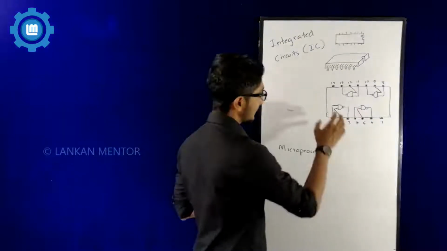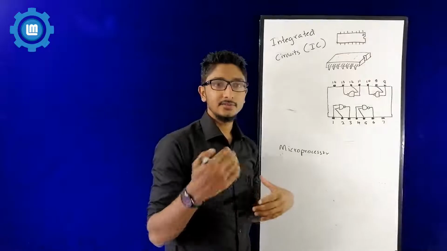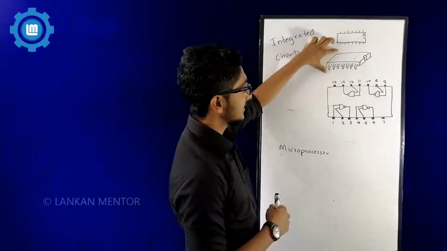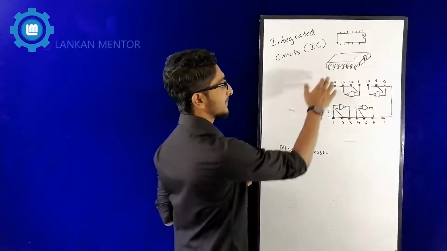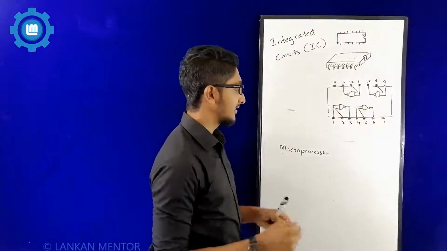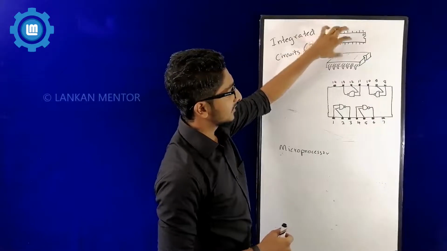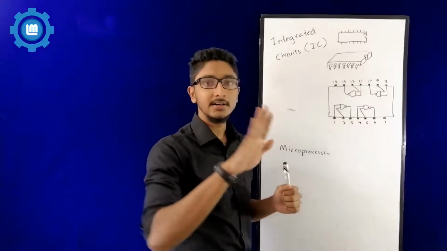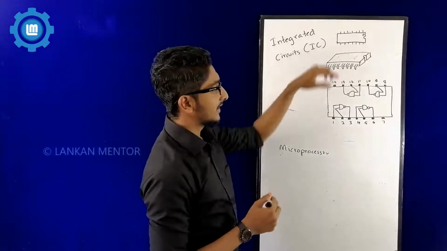So now this is the outer appearance. I have just drawn it. You can go through your book for the visual diagram. This is just a layout I have drawn for the integrated circuit or IC, and the top view would be something like this, not very similar. I have just drawn a sketch over here. Now you can observe there is a notch over here, like a small curve in the integrated circuit. This curve denotes something.